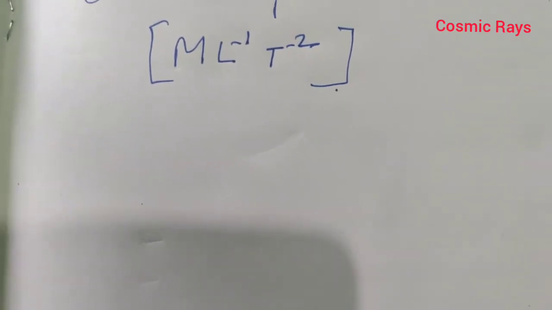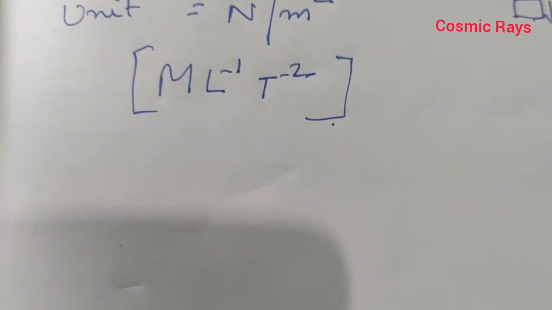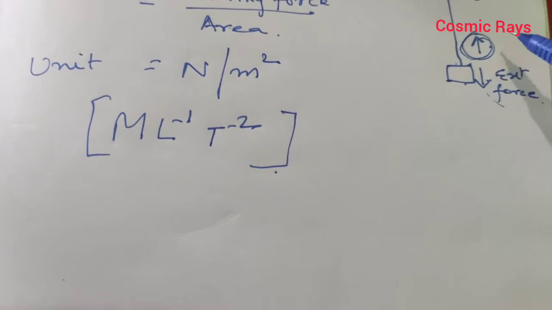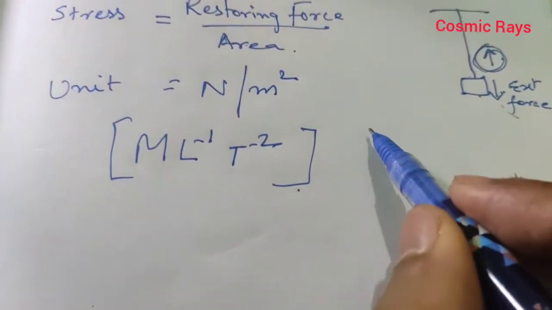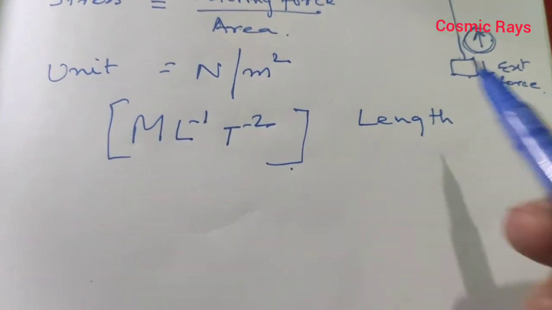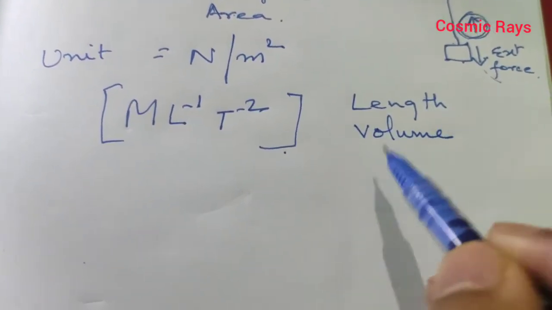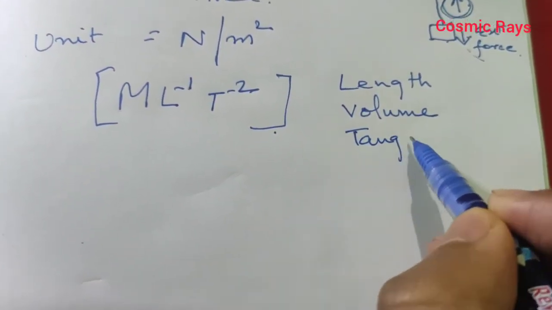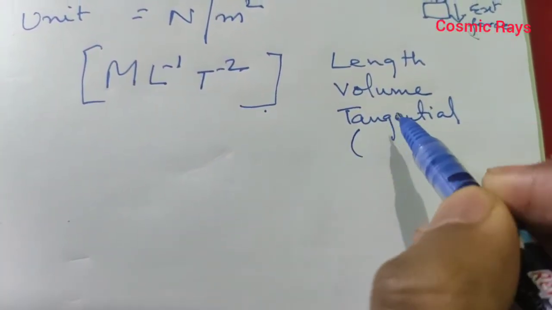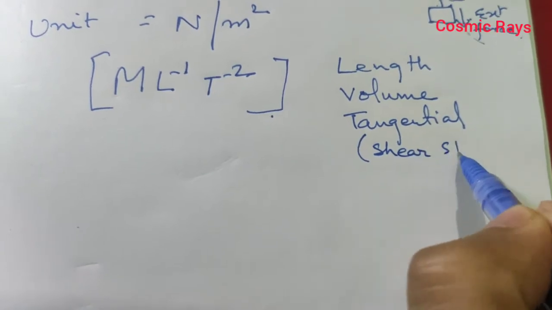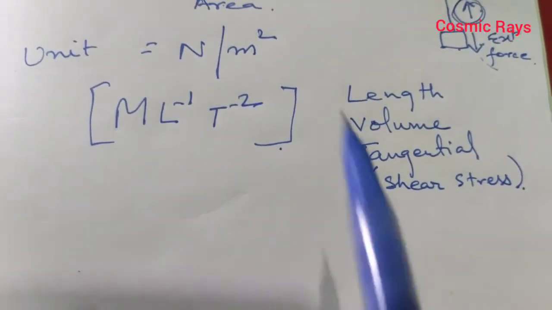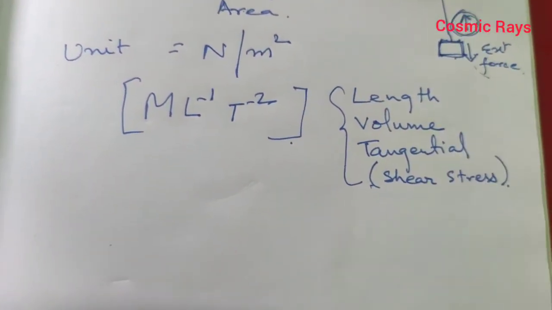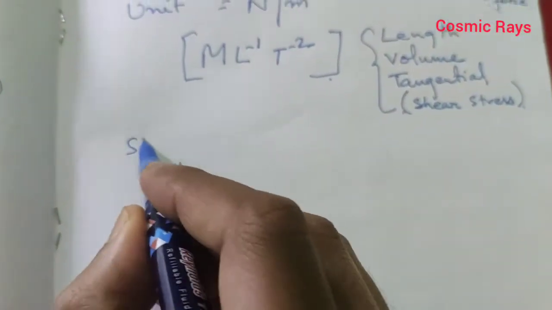Now this stress developed in the body will depend upon how the external forces are applied on it. On this basis, there can be a change in its length, there can be a change in its volume, or there can be a change tangentially, or we also call it shear stress. So let's understand what is stress, then we will talk about these three changes which will be caused because of this load. Now for strain,